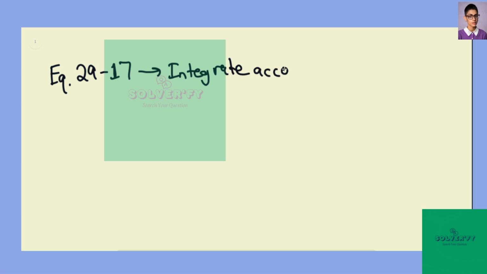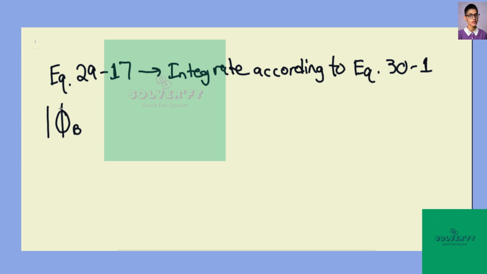We know that the flux is entirely due to the field generated by the long straight wire. So we can use equation 29.17, and we're going to then integrate according to equation 31. So we can then say that the absolute value of the flux